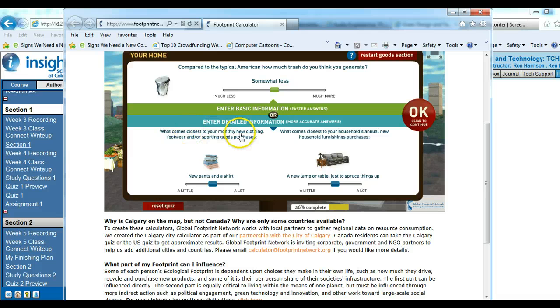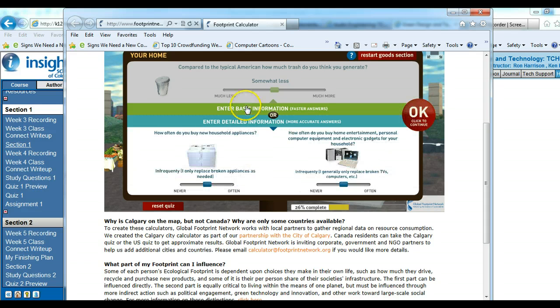Okay, what comes closest to your monthly new clothing, footwear, sporting goods purchases? A lot, a little. I'm at a little. I don't buy very much. What comes closest to your annual new household purchases? Little, a lot. I think I'm probably going to be right down around here. I don't really